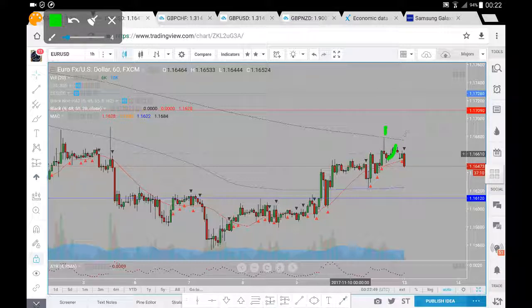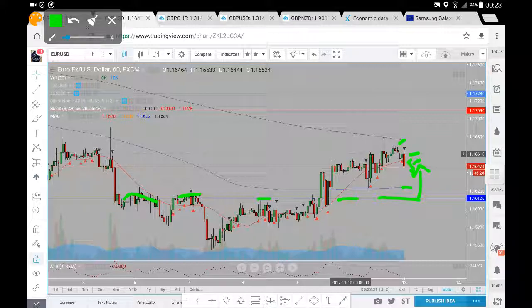We've come back up. We did expect another test before we saw some selling momentum come into the market. At present, it does appear that the selling momentum has come in before a retest of the 400 period moving average. So again, if we do get continuation, depending on how this candle closes, we'll be targeting possibly this 200 period moving average here at around 116.20. If we break below that, we'll be looking at the very strong horizontal level at around 116.12 for a potential bounce all the way back up to, say, that